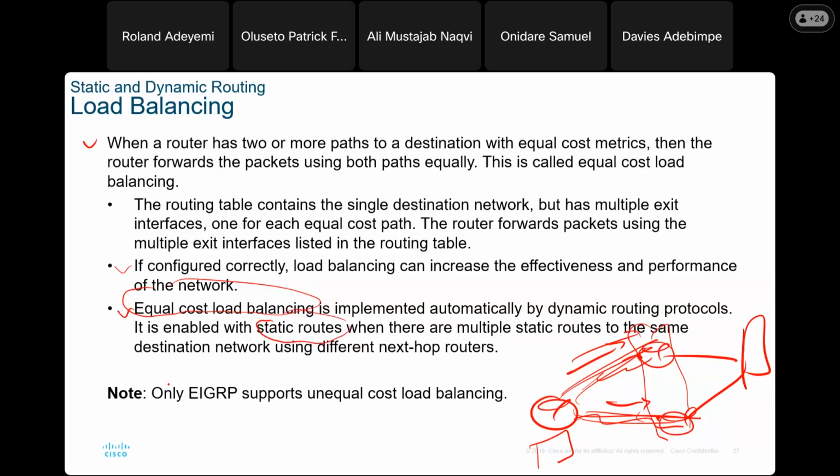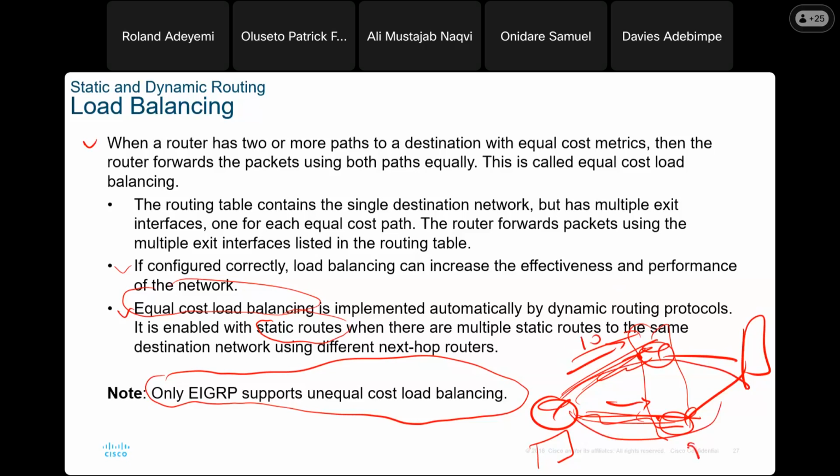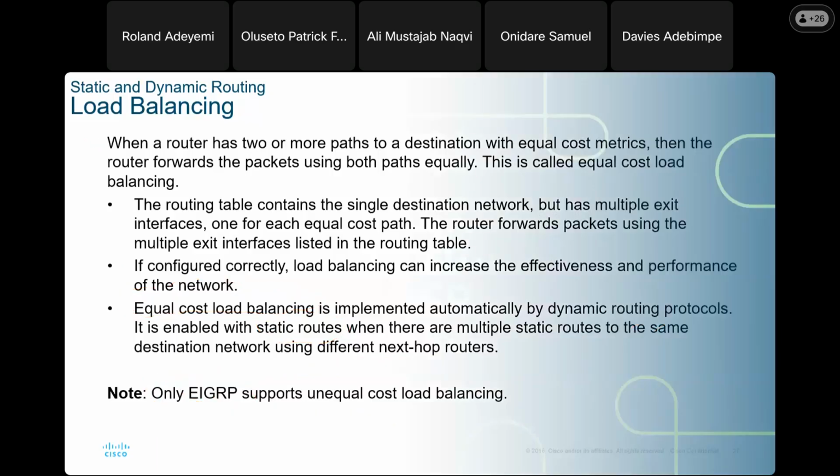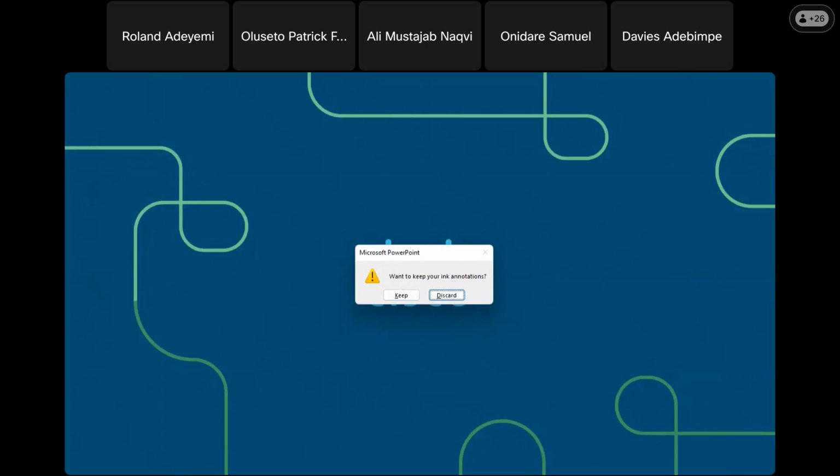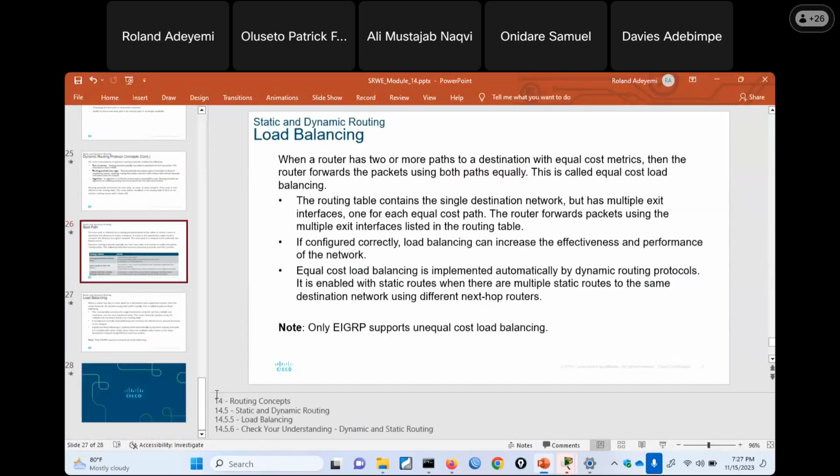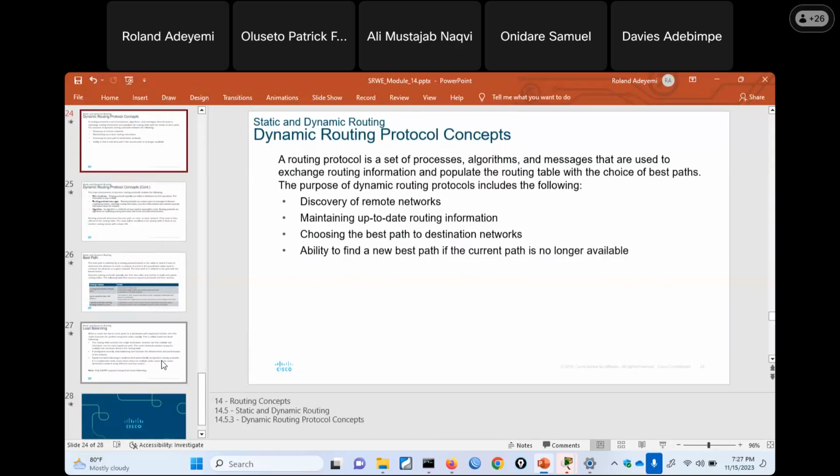But sometimes, even when the cost is not equal, the only routing protocol that can support unequal cost is EIGRP. When I say unequal, maybe to go to the destination through here, the cost is say 10. To go through the other side, the cost is 9. This is no longer equal. EIGRP can be configured to load balance across unequal cost paths. Other routing protocols cannot do that. Even static routes can't do that. But for EIGRP, you can configure it to do that. So that is it for